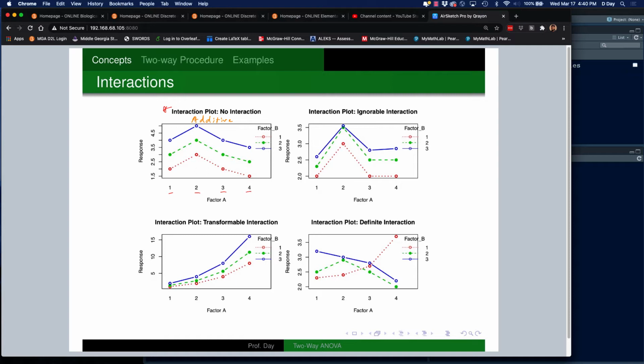Now, when you have what they call an ignorable interaction, it's hard to determine whether something's truly, what we call, ignorable or not, because you notice these lines aren't completely parallel in this second plot here. But that's not necessarily a bad thing. The ANOVA test will tell us that the p-value for the interaction term will either be significant or it won't. If it's not significant, then this is probably what I would definitely call an ignorable interaction if we drew